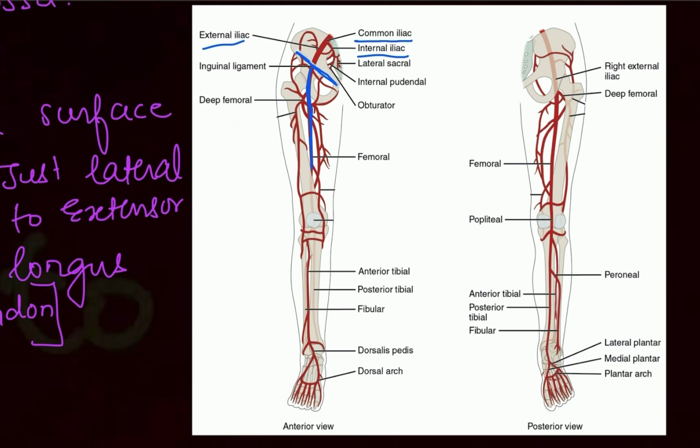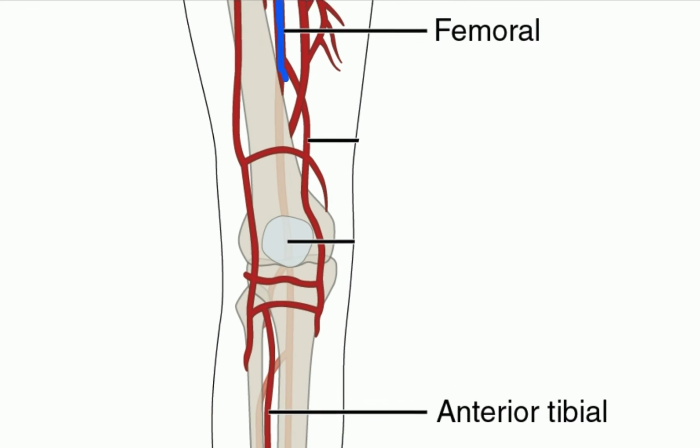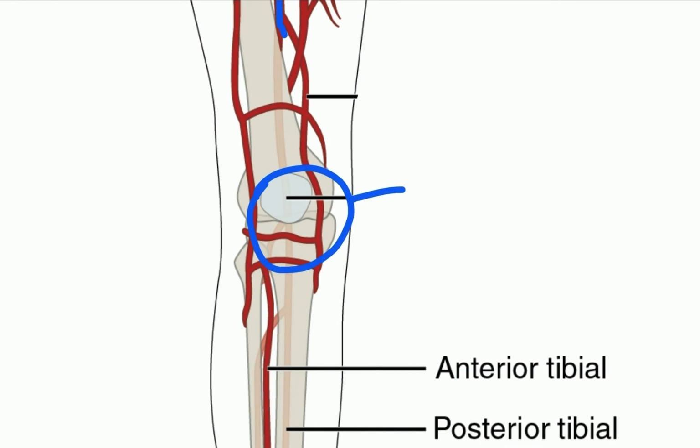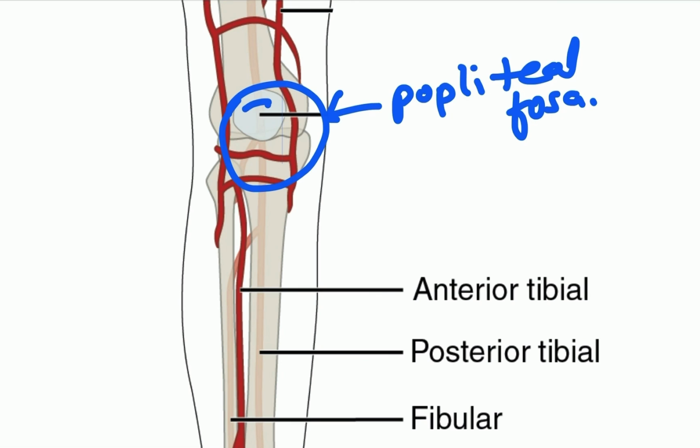Now this femoral artery, you can see at the femoral triangle, gives off the branch deep femoral artery, which is also known as the deep thigh artery. This femoral artery, as you can see, is running posteriorly. If it's visible to you, you can see the shadowed artery, because it is running behind the femur bone. Further, when it comes to this place, this is the popliteal fossa. Here it is becoming the popliteal artery.